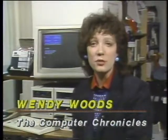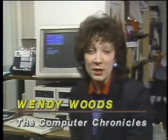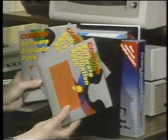IBM says the new improved PC Junior will run over 1,000 programs for the PC. Well, obviously we can't try all of them out, but we do have a randomly selected sample that we're going to test right now. The programs chosen for the test on a 384K PC Junior, assisted by a legacy upgrade,